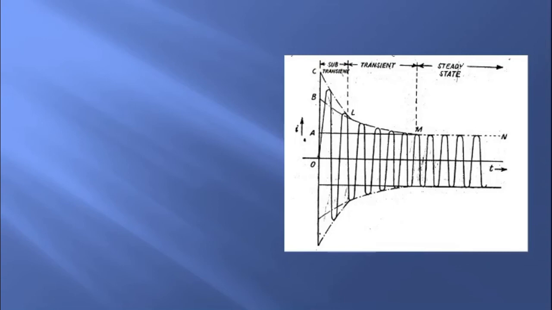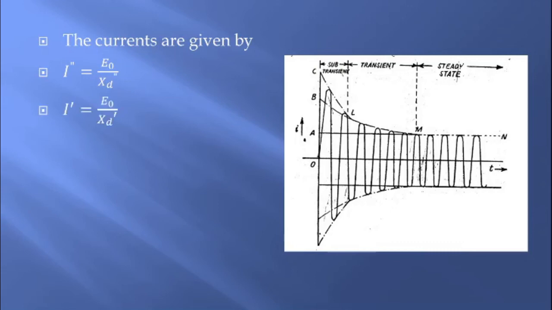Again I am showing you this figure because this is a very important figure. This is a very important oscillogram of subtransient, transient, and steady state. I have just shown you the equation for reactances. The currents which are flowing during subtransient, transient, and steady state are given by I double dash, which is equal to E naught upon Xd double dash. You just know how to calculate Xd double dash. Similarly, I dash is equal to E naught upon Xd dash. I is equal to E naught upon Xd. I already told you before also, you can represent steady state current by I or ISS. It is one and the same thing.